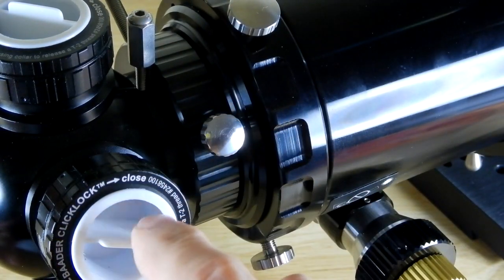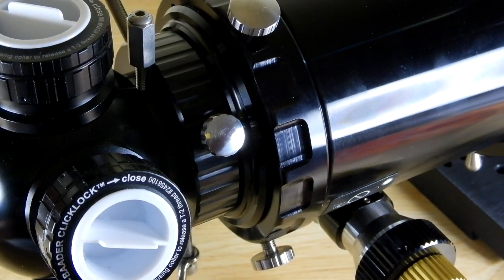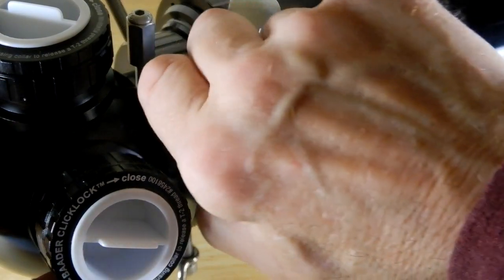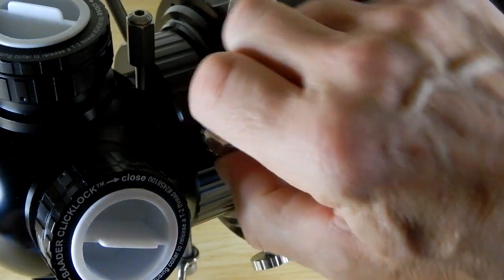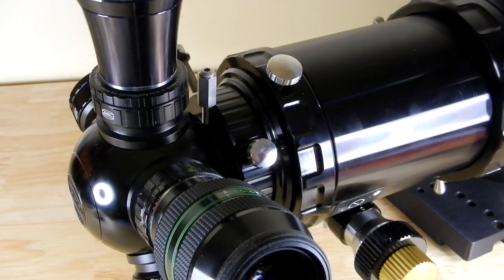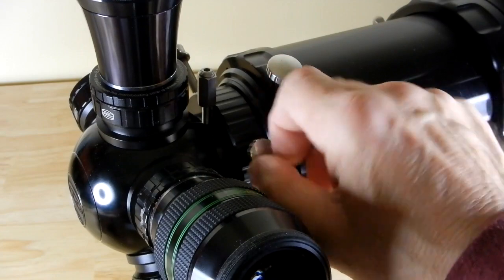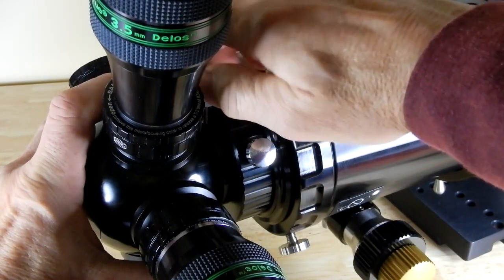Now, once you put an eyepiece on here, and I always like to load this with eyepieces first, and then when you put this on, for me, getting in there with the eyepieces sticking up and everything in the room, I just didn't feel confident enough that I was getting this snug enough. So here you can kind of see what I'm talking about. To get in here, and even though you could turn it like this,